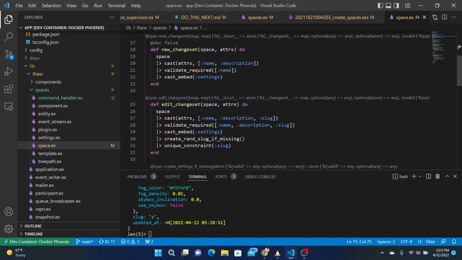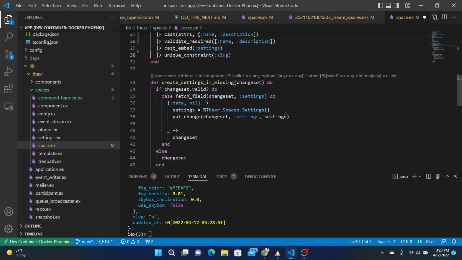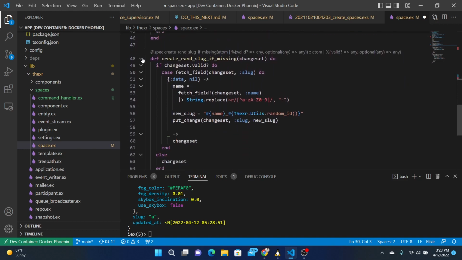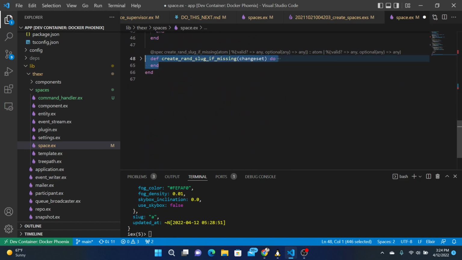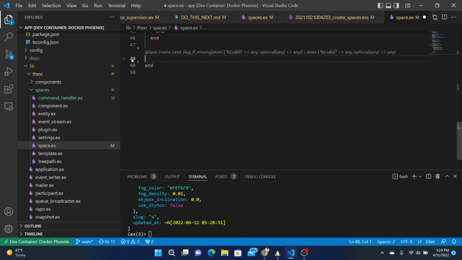Edit the changeset. You can give me this and no slug. Validate required, no slug. Settings, create random slug if missing, don't need that. So we don't need this guy. I just deleted it. Okay.